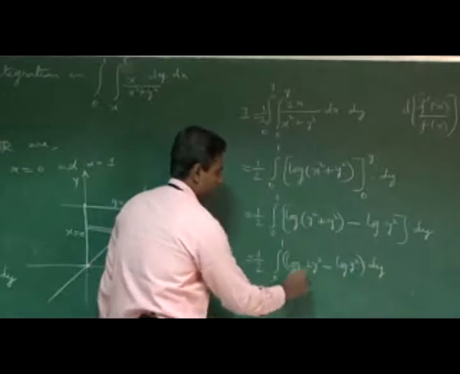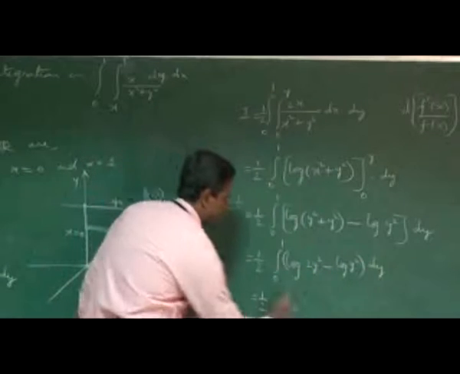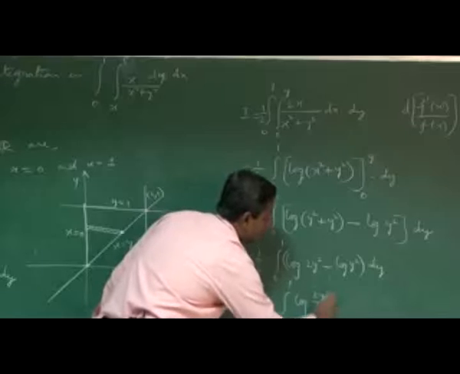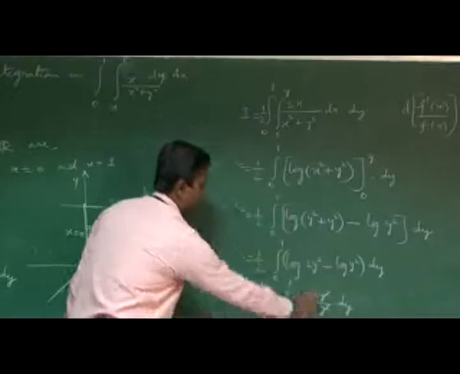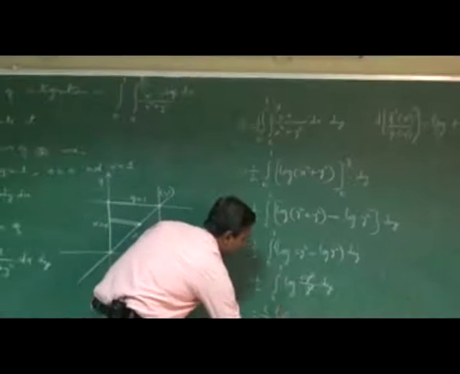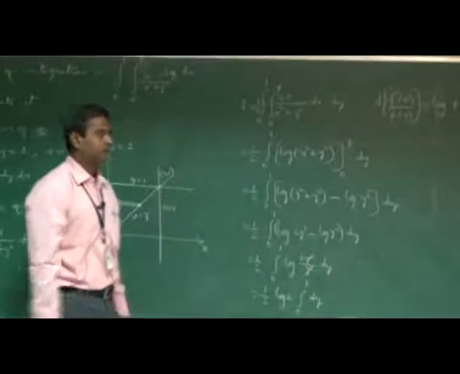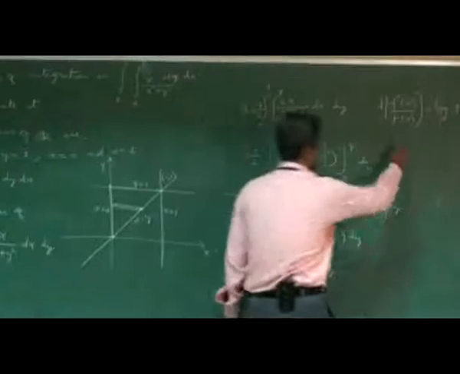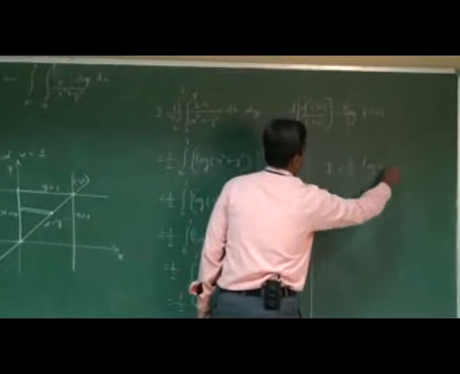into, that is log a minus log b, which is log of a by b. So in this case integral of 0 to 1 log of 2y squared divided by y squared. So we cancel the y squared into dy. So we have got log 2 treated as a constant term. So we take 1 by 2 into log 2 into integral of 0 to 1 into dy, right. So the result is I equal to 1 by 2 into log 2.